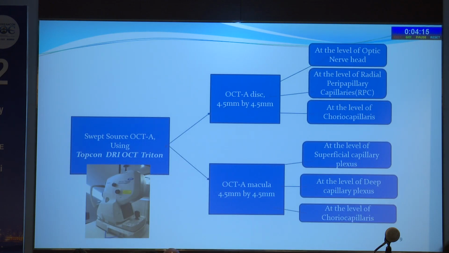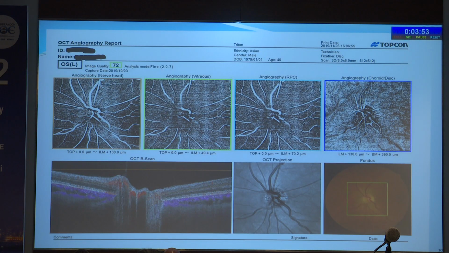We used a swept source OCT by Topcon where we use a 4.5 by 4.5 mm protocol for delineating the optic disc and macula at different levels: at the superficial level, at the radial peripapillary level, at the choriocapillary level, and at the macula at the superficial capillary plexus, at the deep capillary plexus, and the choriocapillary plexus. So these are just images to show how the vasculature looks at different levels, at the level of the disc and at